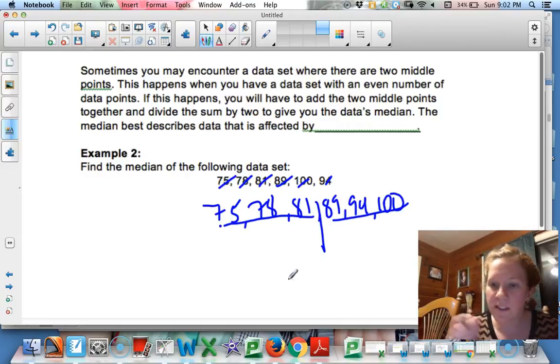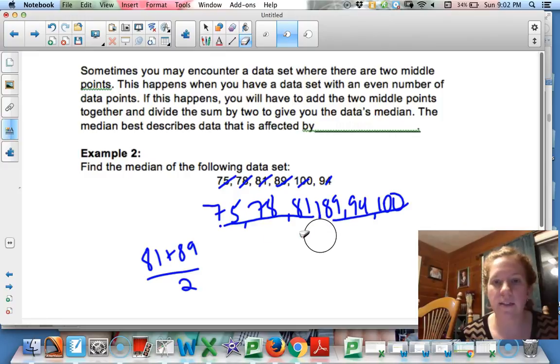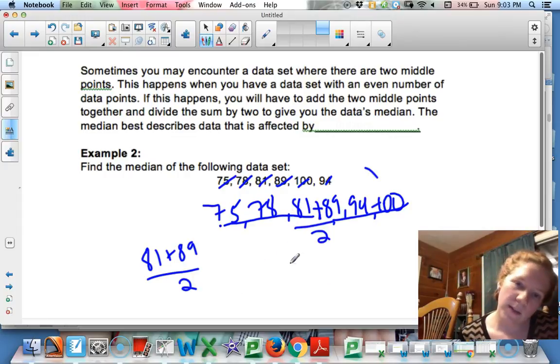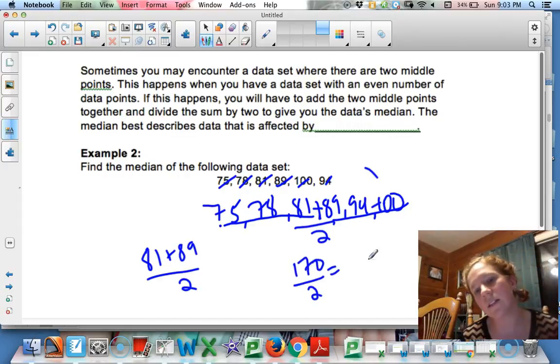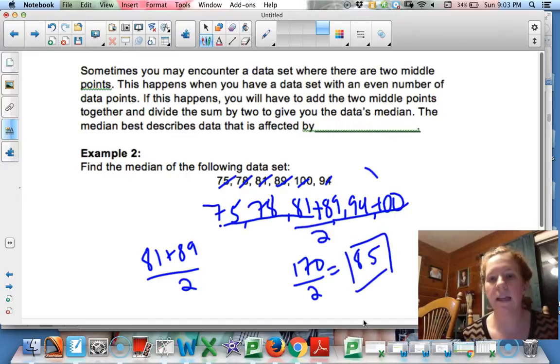So to figure out what the precise middle, or median, is, I'm going to say 81 plus 89, and then I'm going to divide by 2. A lot of times what I'll do, because I'm lazy and I just want to save time, is circle these 2 middle ones in some way, and then just put a plus sign in between them and my little divided by 2. So, anything to save a bit of time. So 81 plus 89 is 170, and 170 divided by 2 is going to be 85, which is halfway between 81 and 89. So the median of this data set